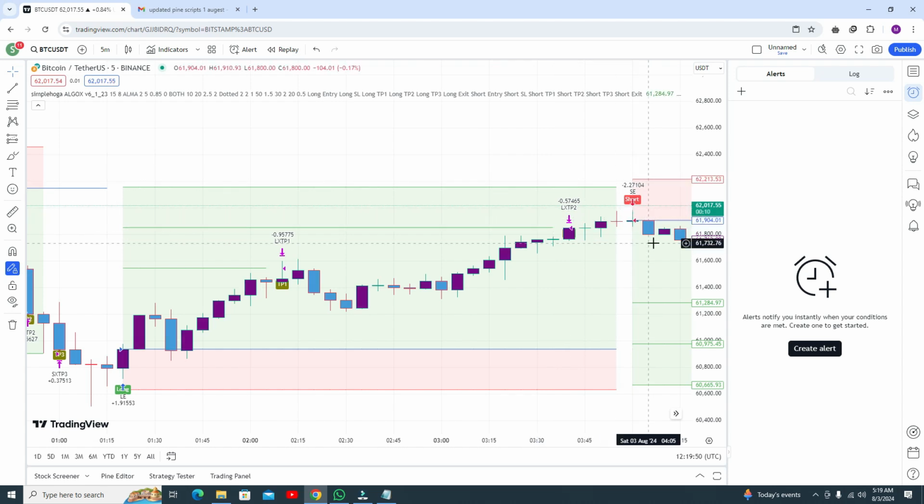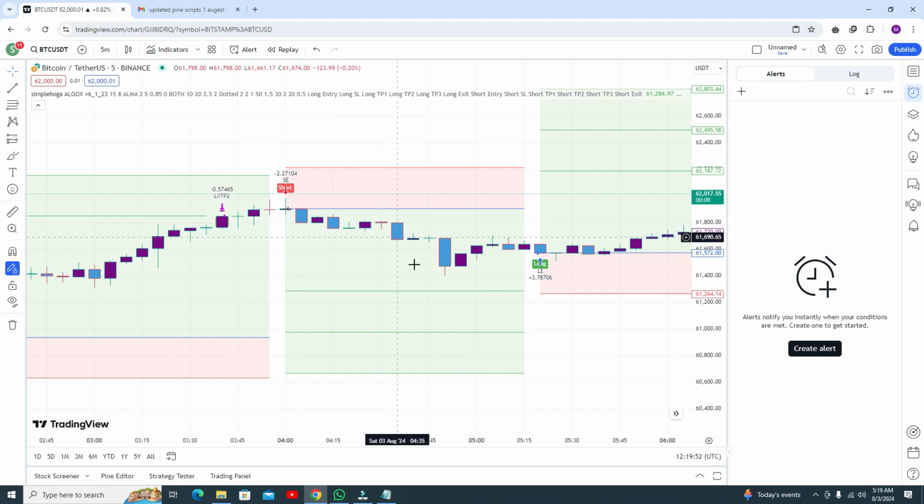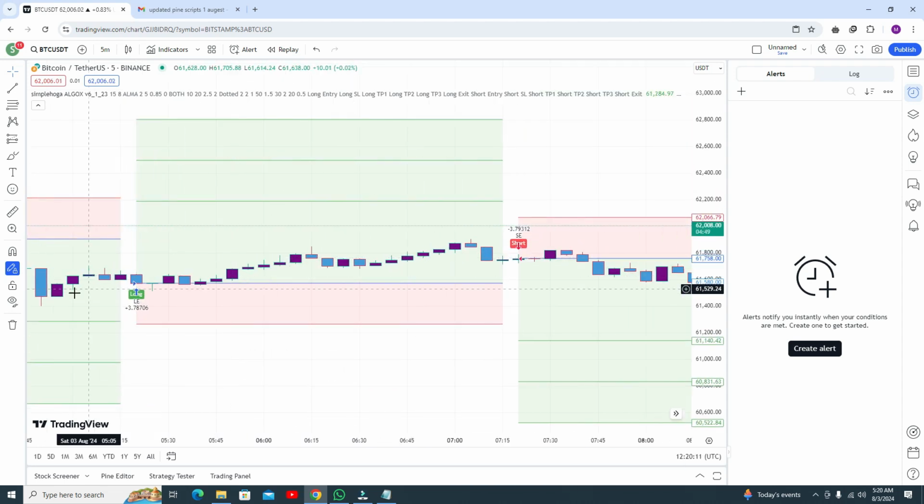Your stop loss is there, and you can see your first take profit is not done. Okay, you got the buy trade. That means you are getting the buy and sell trades, and you got some good profit. Not actually a very good profit, it's a very small profit, but the point is you are getting some profit. You are not in loss. Here you can see it's not a very big trade, but it gives you maybe a few cents of profit, or maybe a few dollars, just a few dollars.